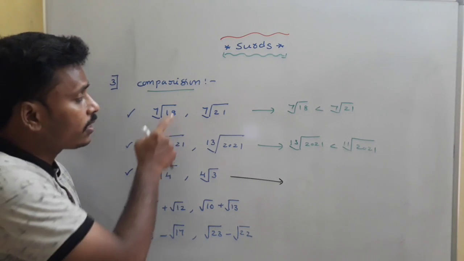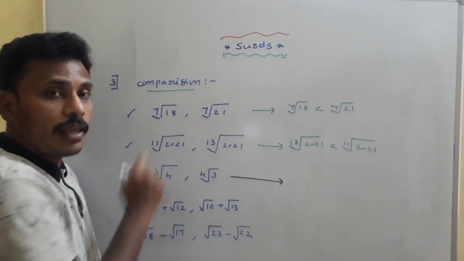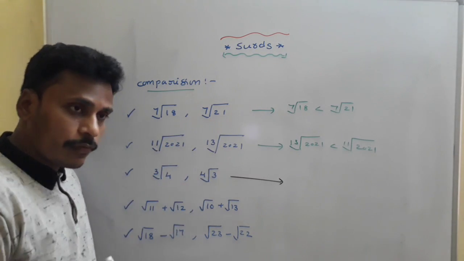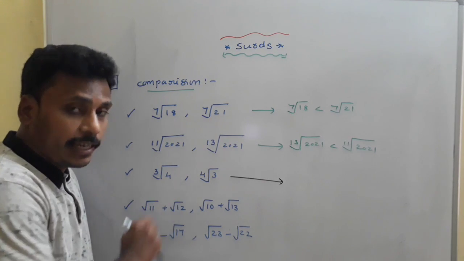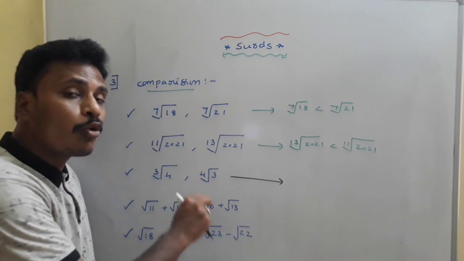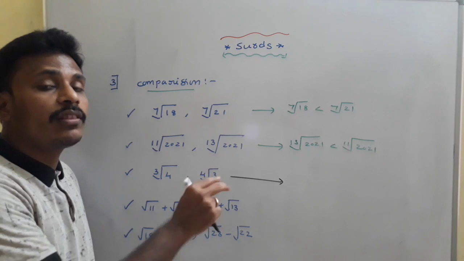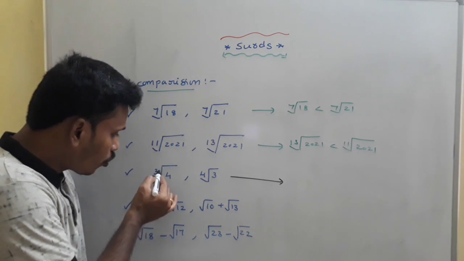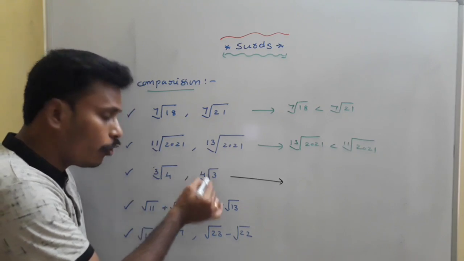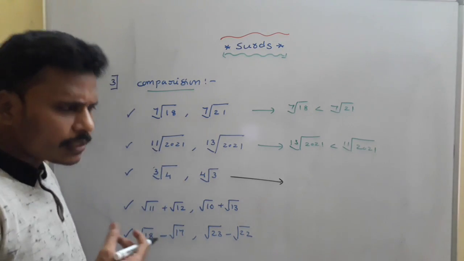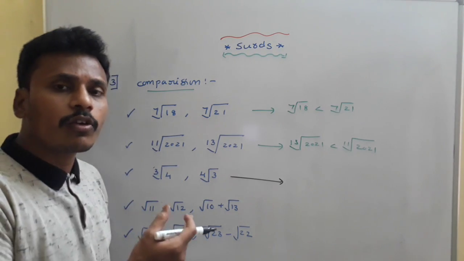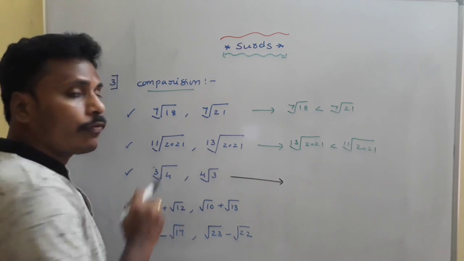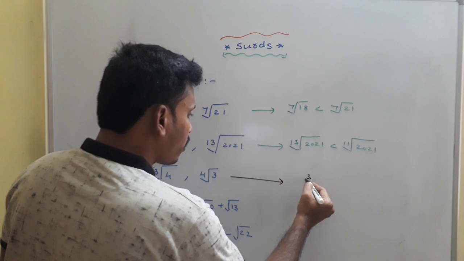You just try to analyze these three problems. Here orders are same, here orders are different but this part is same. Here everything is different. So we need to rewrite these two surds to make them of the same order. Since it is cube root of 4 and 4th root of 3, the orders are 3 and 4, I will make these two surds of the same order, which is the least common multiple of 3 and 4.